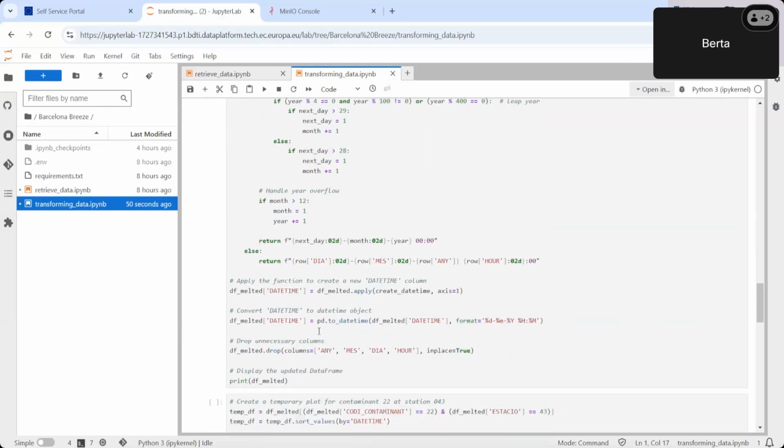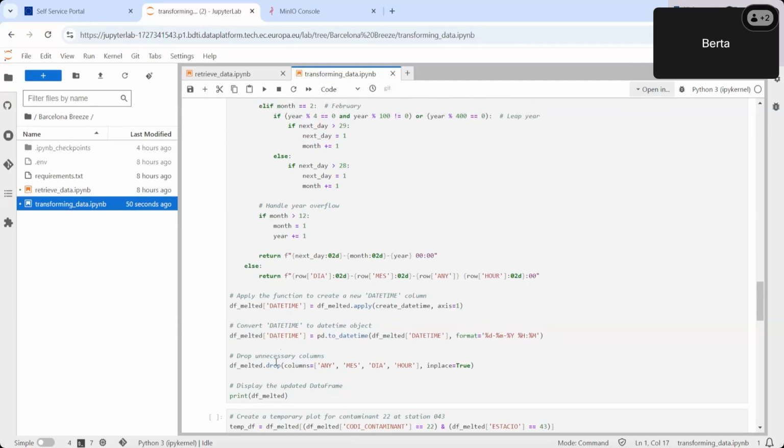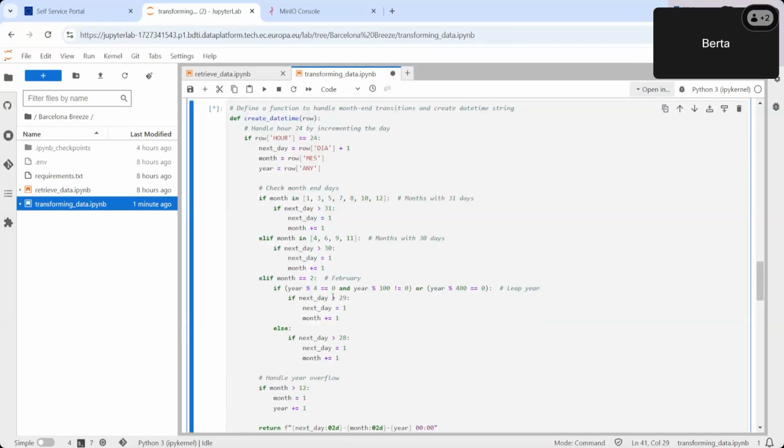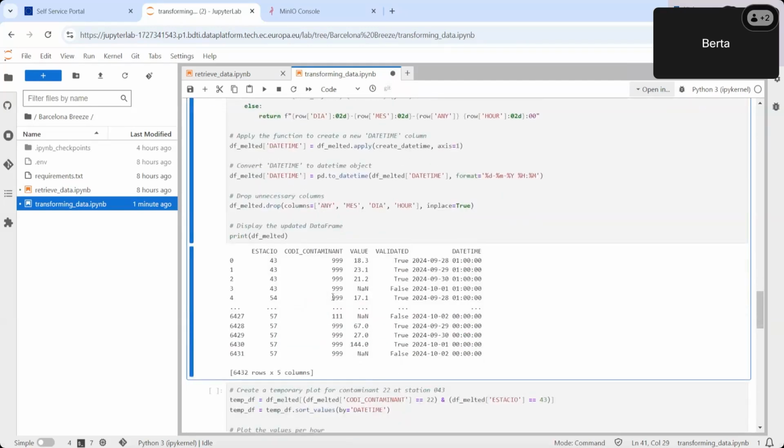And then we're merging the day, month, year, and hour into one unique column, which will be named datetime, and dropping those unnecessary columns because now this information will be in the column datetime. So let's execute this. And here we can see what the new column looks like.